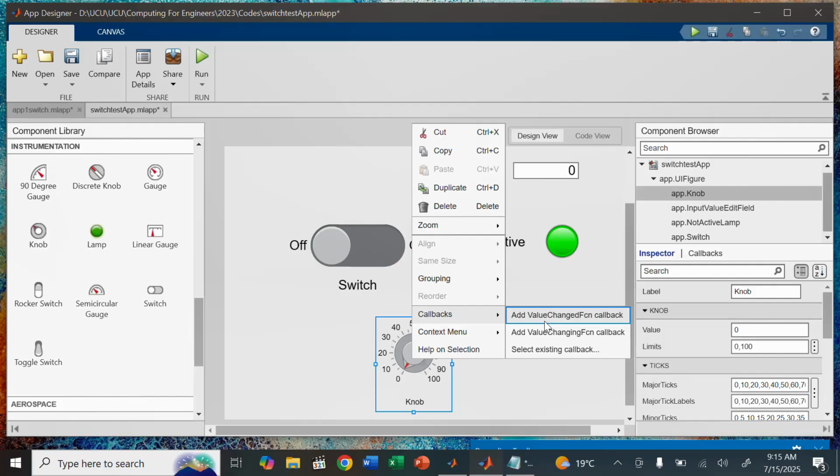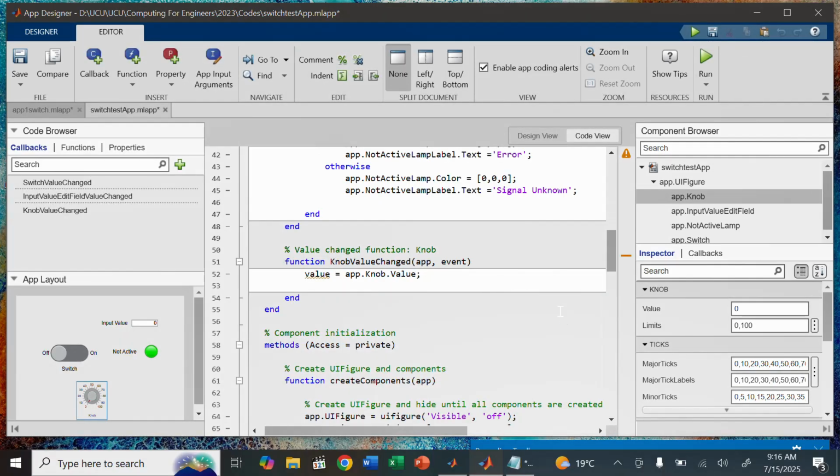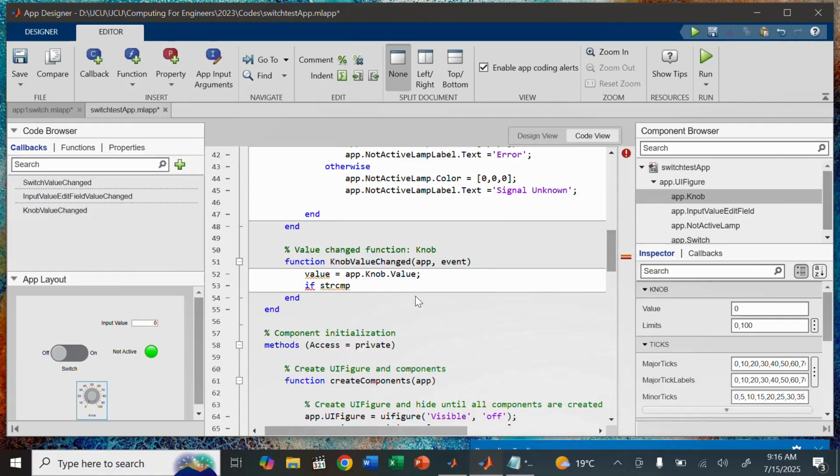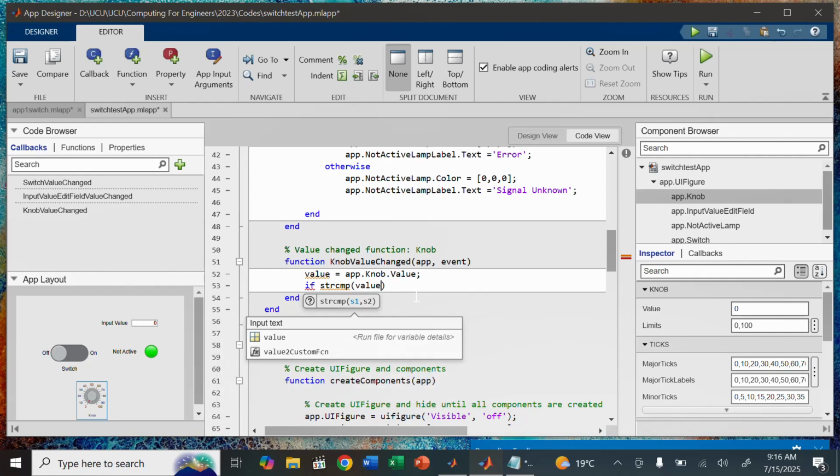There's add value changed function callback or add value changing function callback. Let's first demonstrate the first one. Use this one and then we just set for us the value, and maybe we can use an if, nested if. Okay, what you said. So if we used a string comparison function and we are saying if value